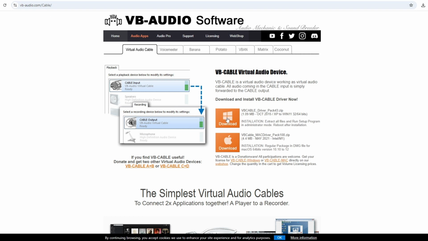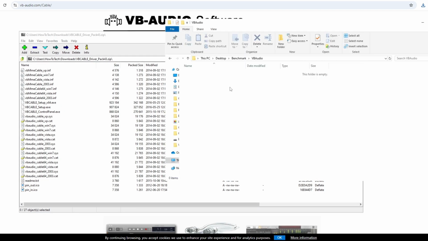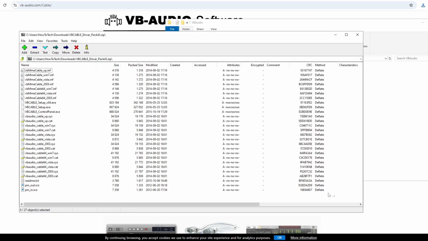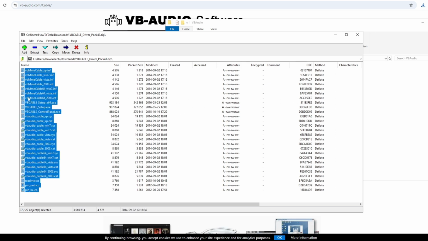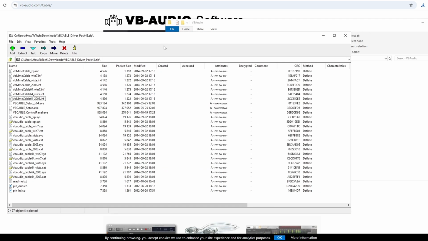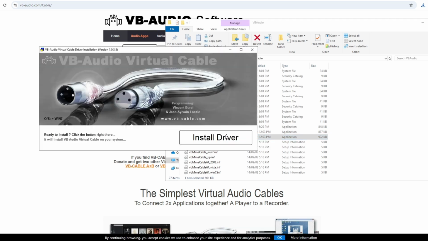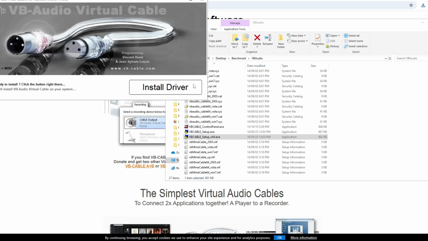So here we're gonna choose which operating system you have. We need this software in order to get the microphone from our phone to our PC. So we click here on download, and here we're gonna get all of these files right here. It's a bunch of files, so we have to extract them with WinRAR or 7-zip or a zip extractor, and here we're just gonna extract all the files, and we need to click on this setup, this 64.exe. Click on it and click on install, and click on this install driver,